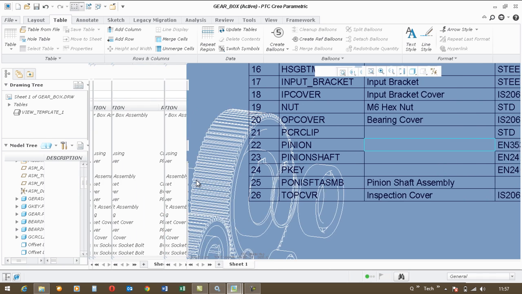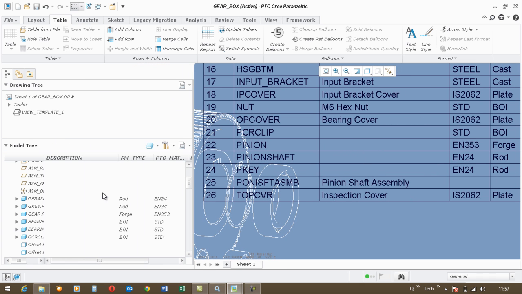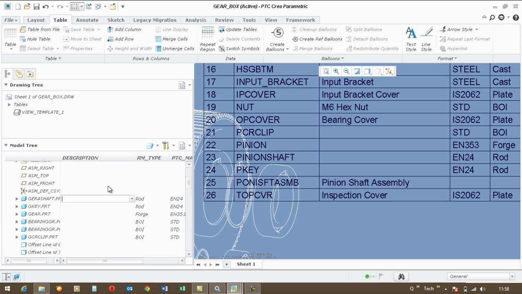Now let's look at the parameters which are empty for components. You can enter parameter values to these components either by opening the component individually or by the way we are doing it on the screen. You can also enter it on the model tree like this.